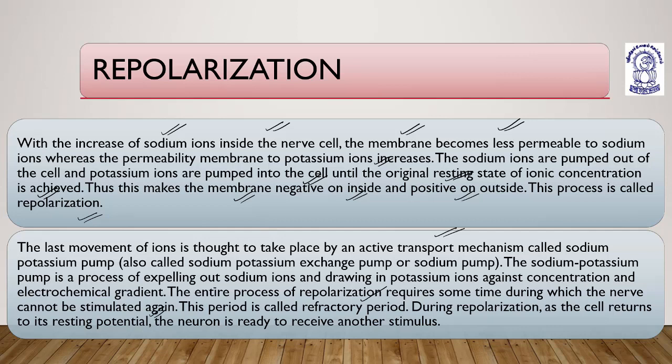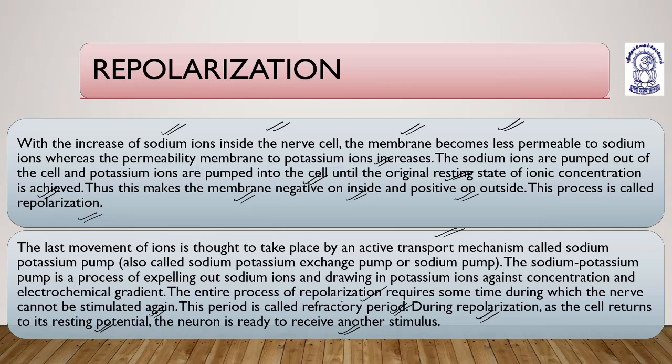The entire process of repolarization requires some time during which the nerve cannot be stimulated again. This period is called the refractory period. The moment the nerve is undergoing the action potential, it cannot take another impulse to reach action potential. At a particular time, only one impulse can cross the threshold stimulus and reach action potential. During repolarization, as the cell returns to its resting potential, the neuron is ready to receive